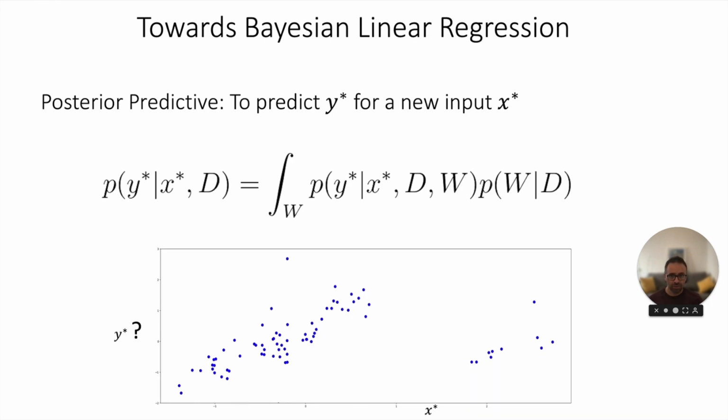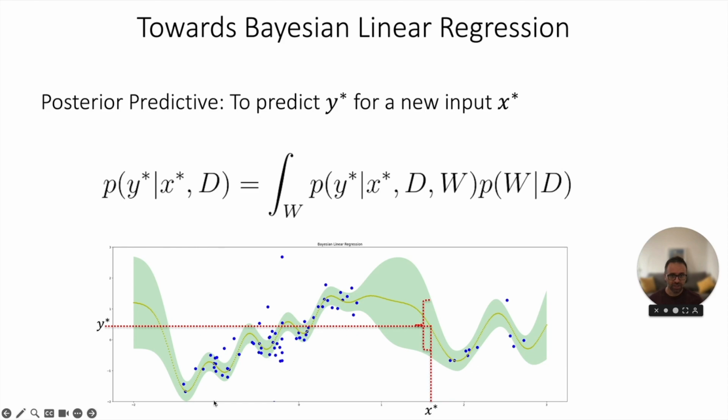For example, let's say that this is our training set, the blue dots, and we want to predict y star, which is the output for a given new input x star. So the idea is to build a Bayesian model, meaning the green area that represents the distribution of our predictions for any new position. And then we could predict a distribution for the output of our new input x, where the yellow line would be the mean and the green area would be the uncertainty connected to our covariance matrix